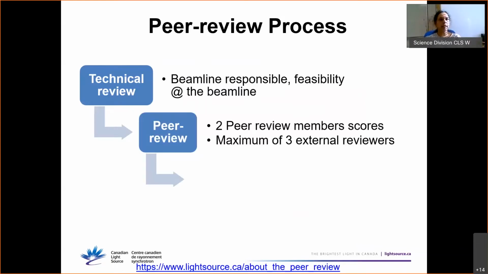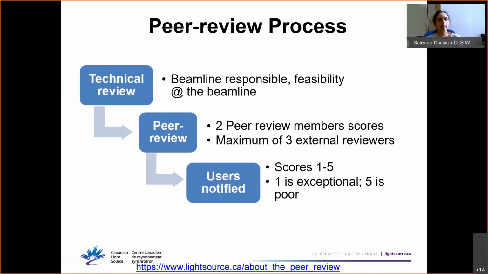In the peer review committee, every proposal is scored by 2 peer review members, and then they also send it to a maximum of 3 external reviewers. From all these scores, the average is taken as the scientific merit score of the proposal. And then at the end of the process, as users, you will be notified what your proposal scores are.